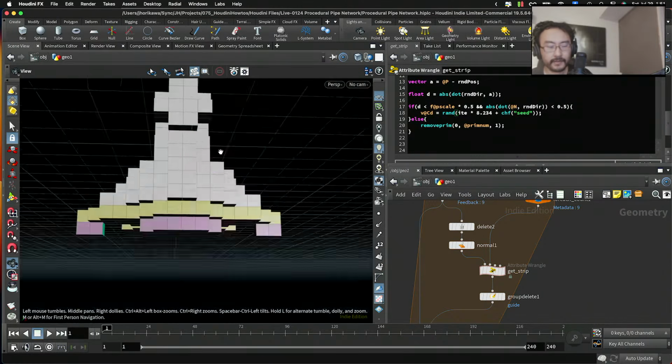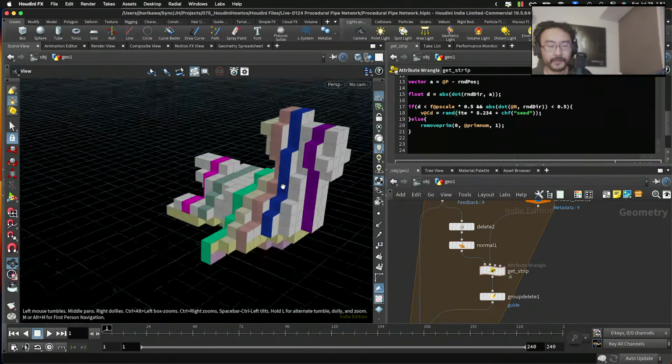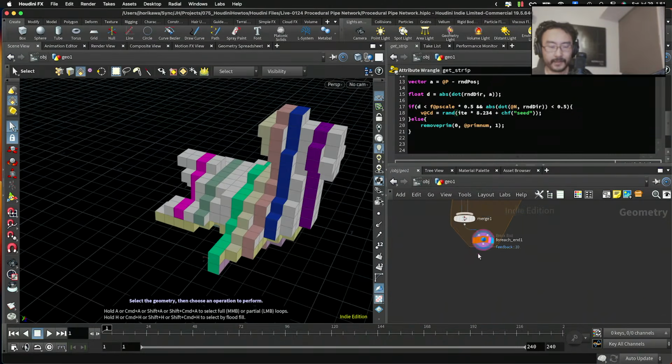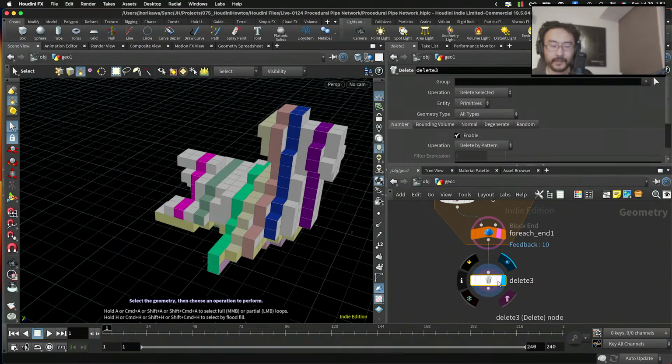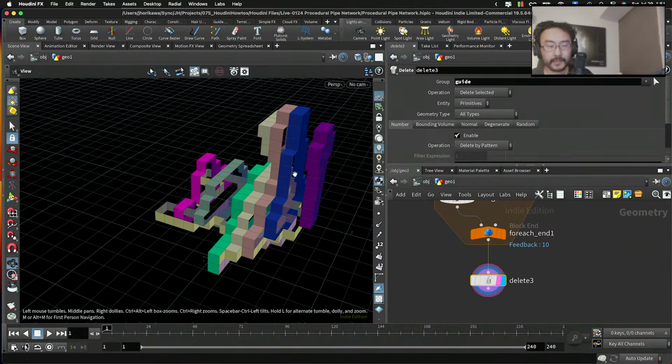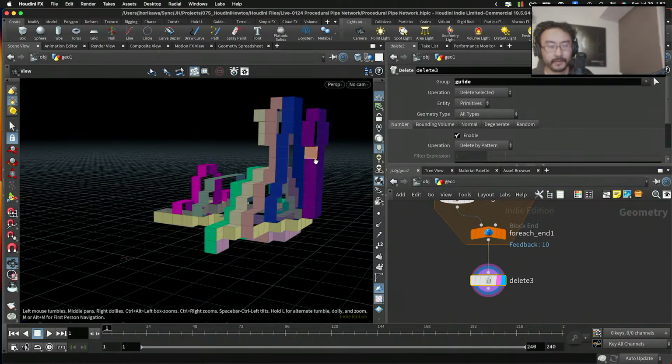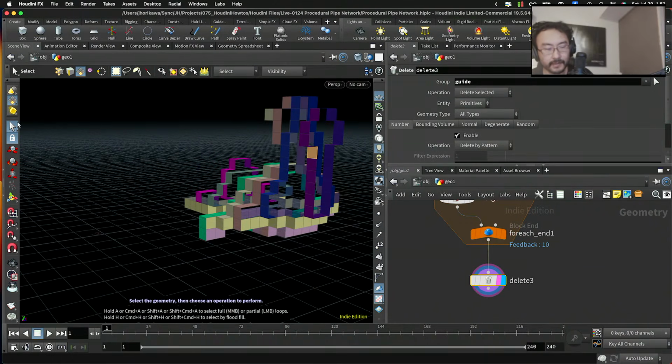Okay, so you can see multiple strips have been created, and in the end you can delete the guide geometry here to just get the strips like that. Alright,